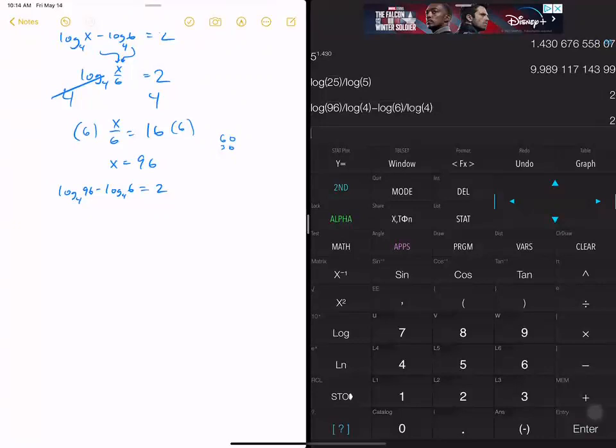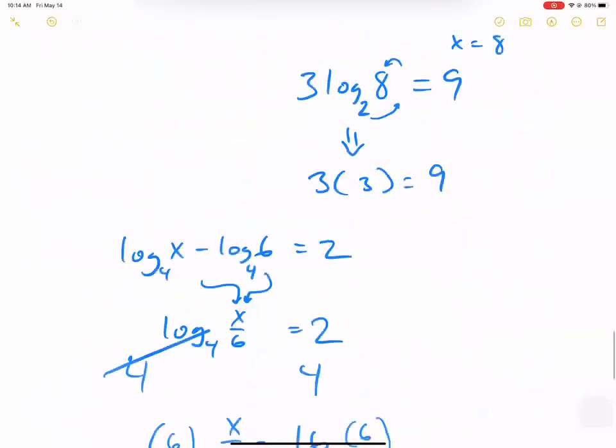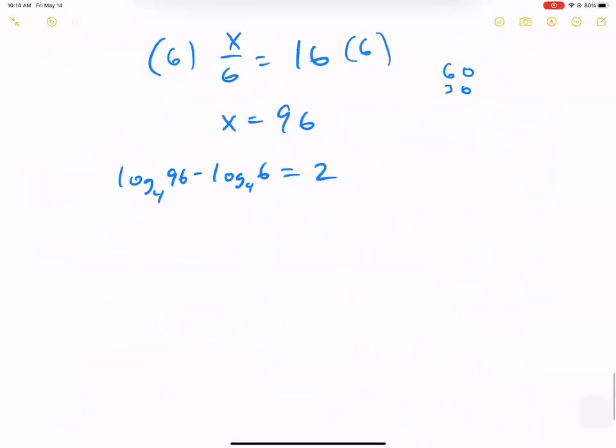Excellent. The answer on my calculator said 2. We must believe it, right? Okay. So these questions can get a little tricky, but because we're using all the rules that we learned before about logs,